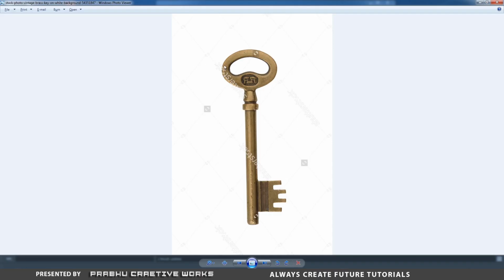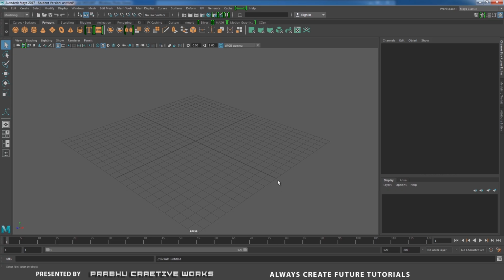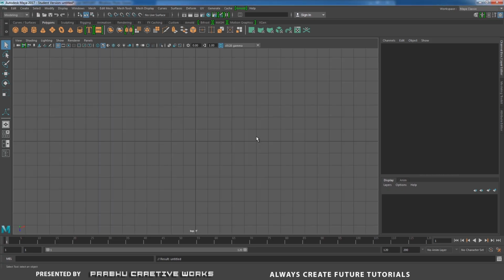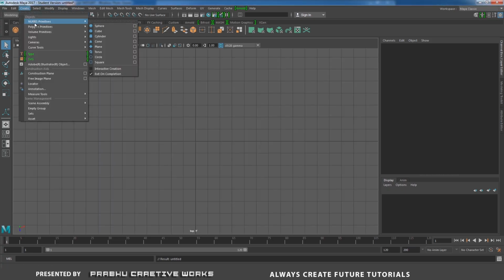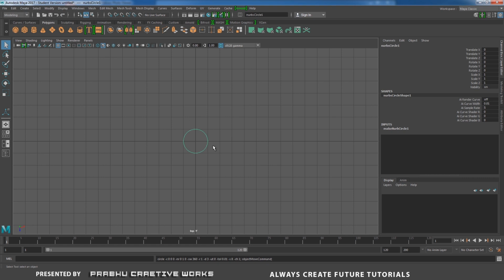So here is a simple key. Now we need to model this one. So open Maya and go to top view. Go to create panel, NURBS primitives, and disable the interactive creation. That means when we click on NURBS circle, it will automatically be created in the center of the grid. So first we need to make an